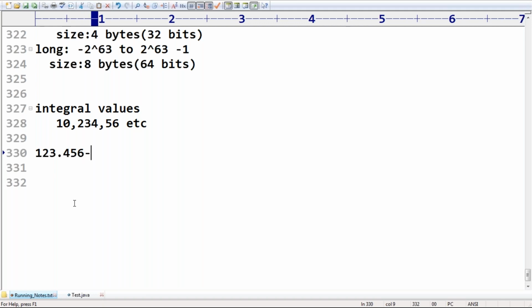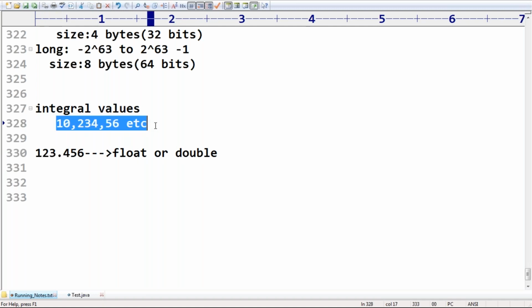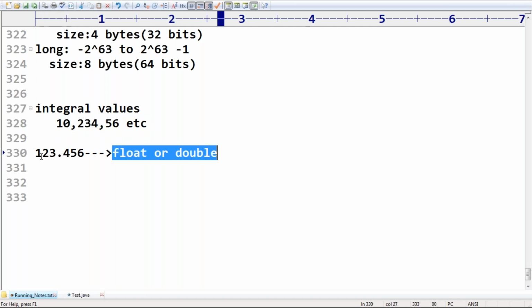If you want to represent a number with the decimal point, you have to go for either float or double. Remember this one. So integral data types represent whole numbers, but floating point data types represent floating point values, the numbers with the decimal point.